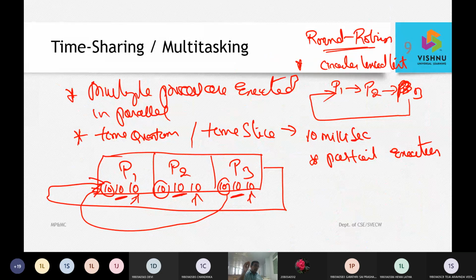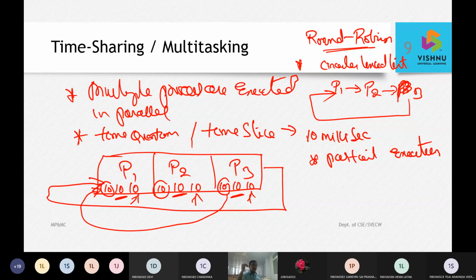After multiprogramming, we have the third approach. We call it time sharing or a multitasking environment. In time sharing, we fix a time quantum of 10 slots. So every 10 slots, the CPU will switch from one job to another. It will not bother whether the complete program is executed or not. It won't work like that. It will switch from one job to another every 10 seconds. So in this way, partial execution is promoted in time sharing.